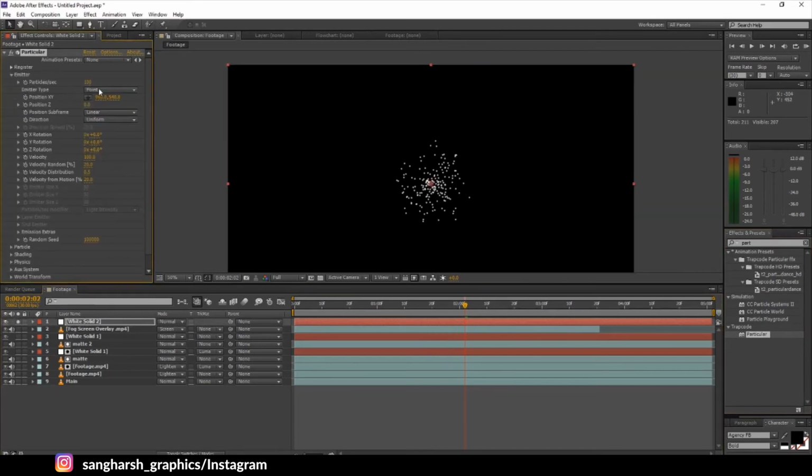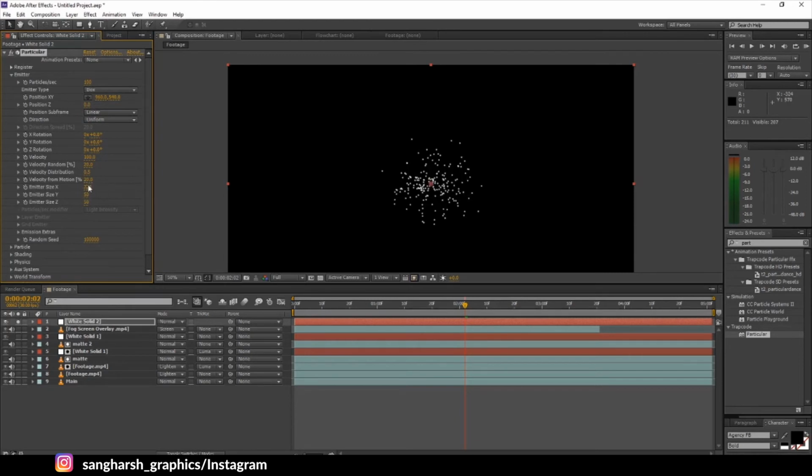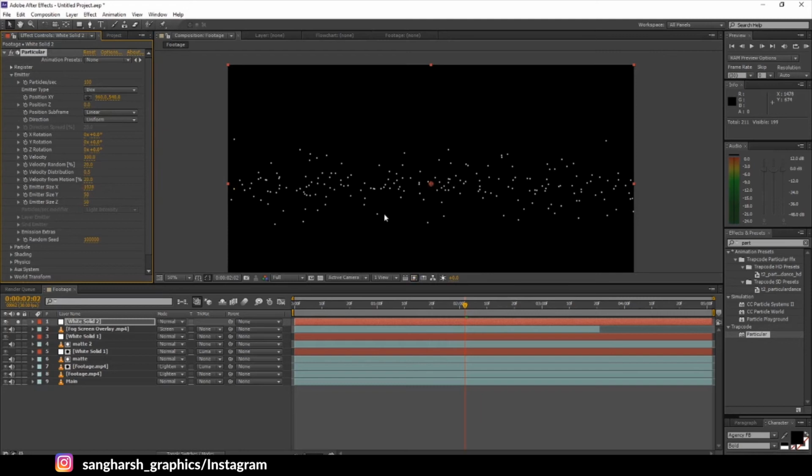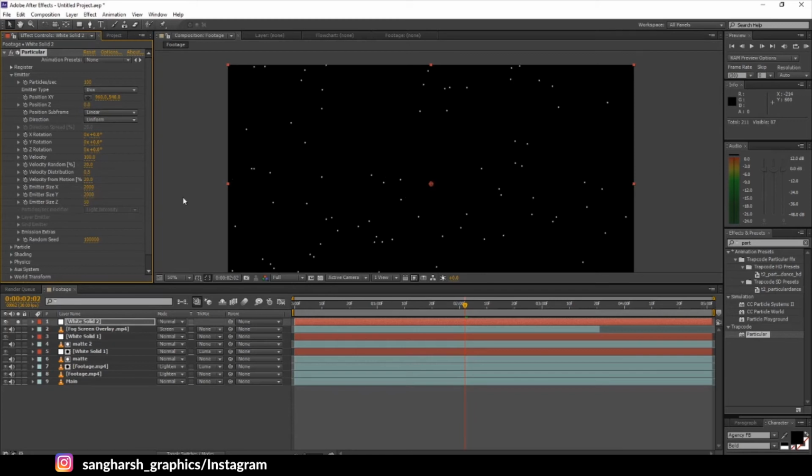Go to emitter, we need a box. Now increase the X size, just keep it increasing, something like 2000. The Y size also to 2000 and the Z size to 5000.